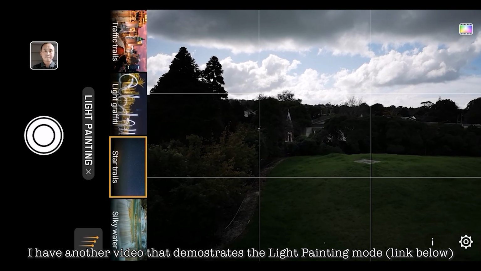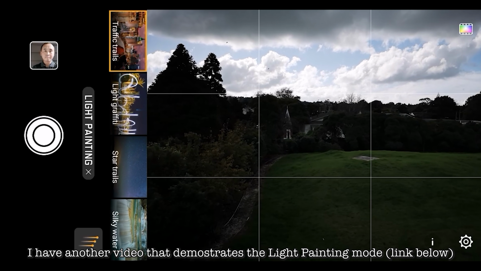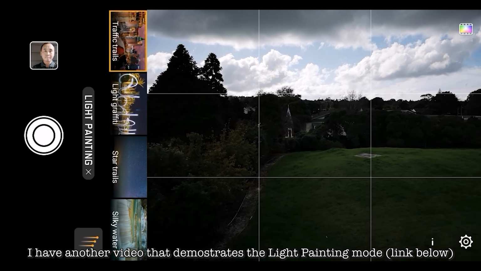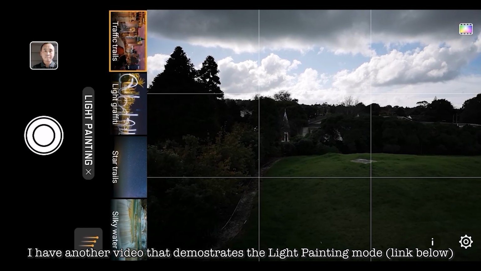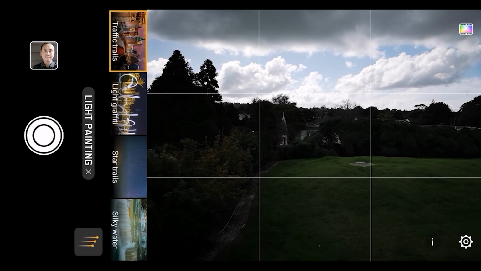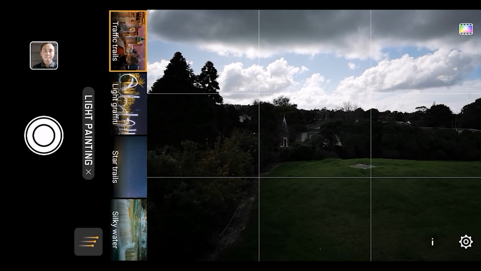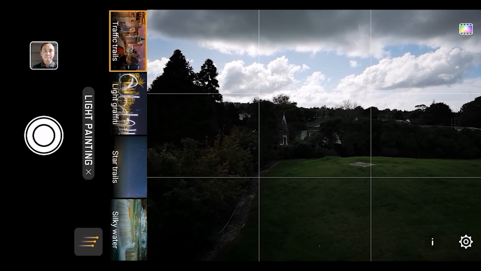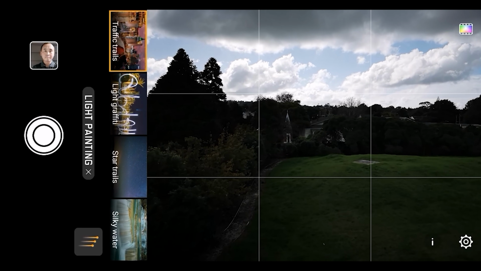They all have slightly different effects, and you can have a look at my long exposure video, which shows how I took some of the beautiful long exposure photos at the Muriwai beach here in Auckland, New Zealand. This is definitely one of my favorite features in the Huawei camera app, because it allows me to take some very beautiful landscape photos without using a DSLR or mirrorless camera and a bunch of filters. This is very good, and you definitely should give it a try.